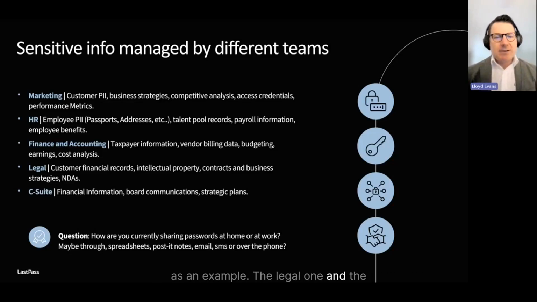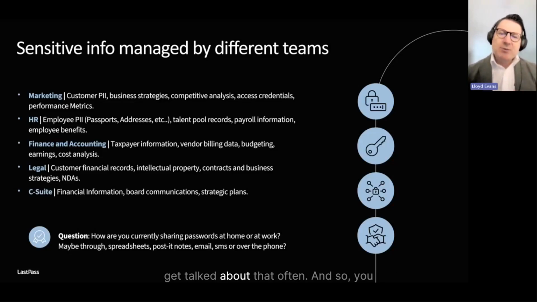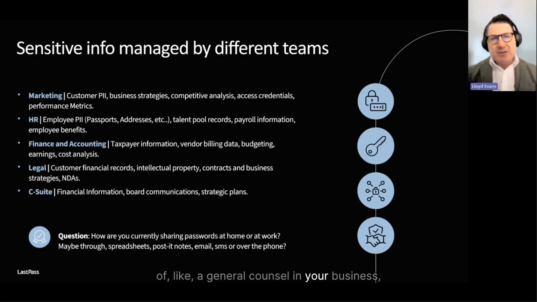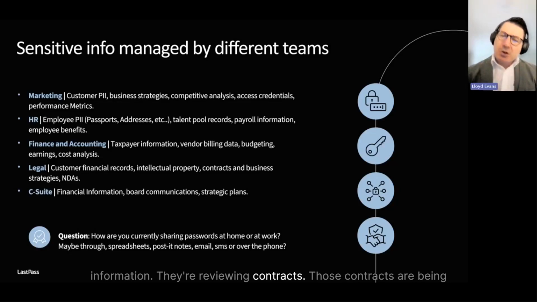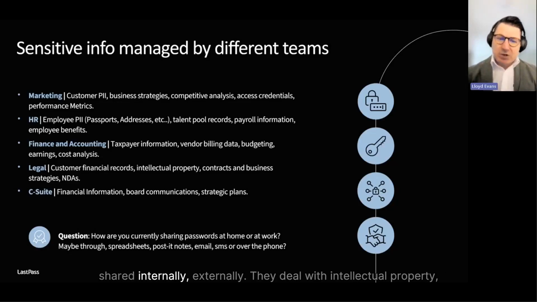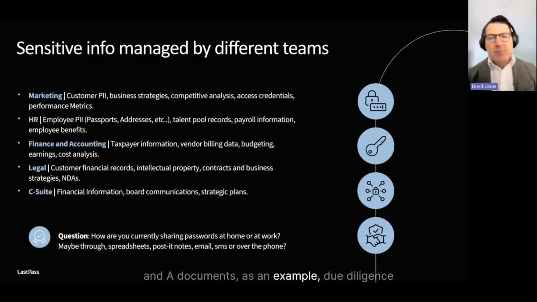The legal one and the C-suite are quite interesting, which don't normally get talked about that often. And so, from a legal perspective, if you think of a general counsel in your business, if you're a larger business, they are actually controlling a significant amount of proprietary information. They're reviewing contracts. Those contracts are being shared internally, externally. They deal with intellectual property, IP, and other types of strategic documents, M&A documents as an example, due diligence documents,